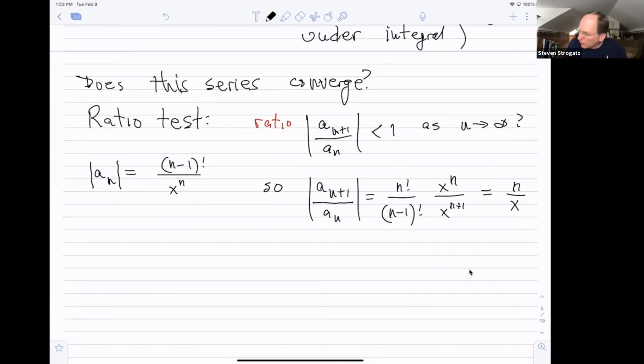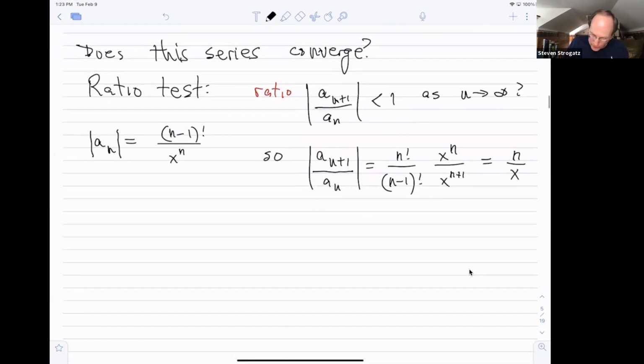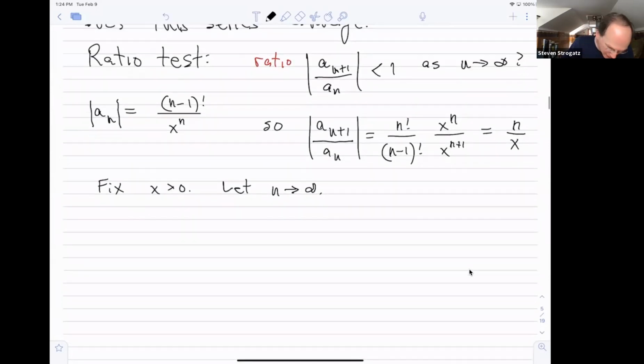Now, let's think about what we're holding constant and what we're letting go to infinity. Remember, we're thinking of x as fixed. Pick some value of this parameter x greater than 0, and now let n go to infinity. And you can see that, in fact, this ratio is certainly not staying less than 1. In fact, it's becoming infinitely large. So the ratio test fails miserably. And this tells us